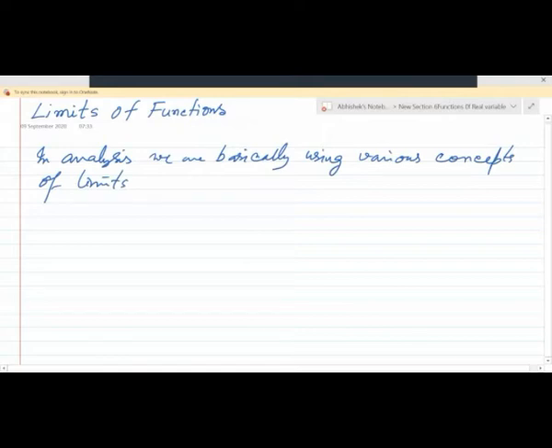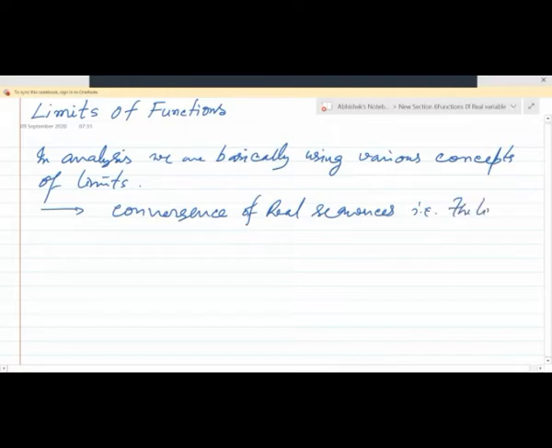We have already studied the convergence of sequences, real number sequences, that is, the limits of a convergent real sequence. Okay,